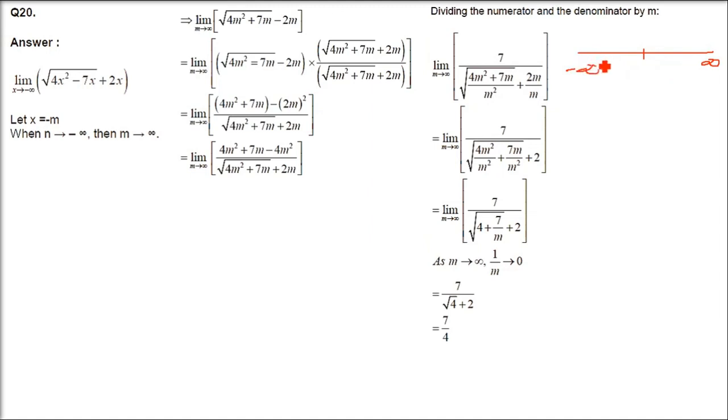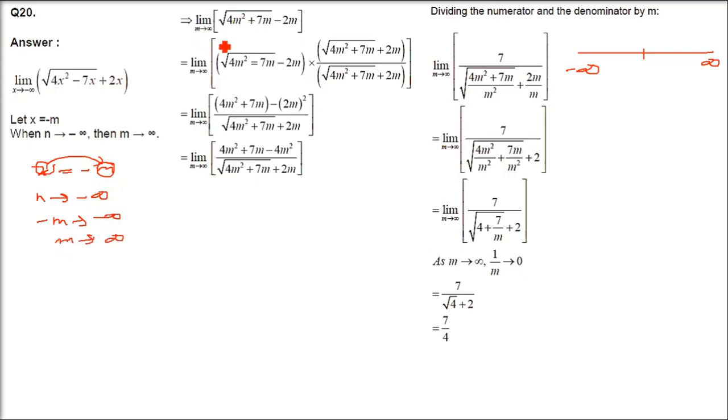So first we have to convert this minus infinity into plus infinity. Okay. So how to change it? Minus infinity to infinity. Now we are putting x as some minus m. When we put x as minus m, minus m tends to minus infinity, that is m tends to infinity. So m should be tending to infinity, just to get rid of minus infinity.